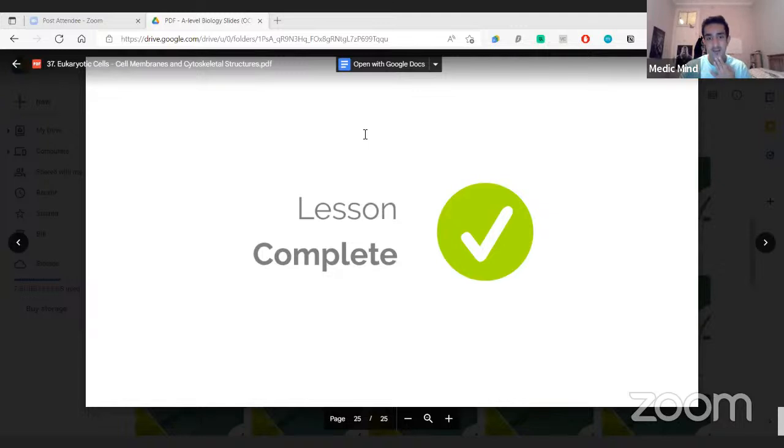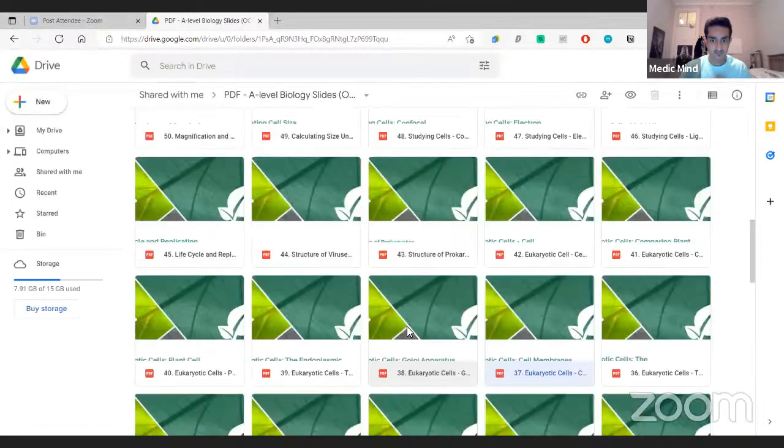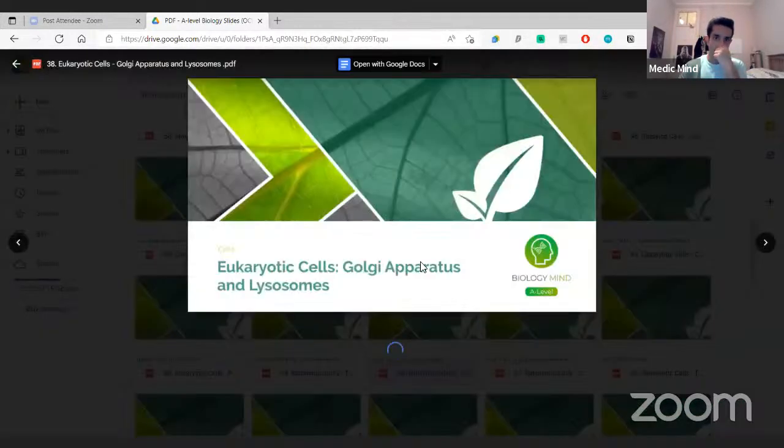My mind's going blank. Fungal cells, they're found on fungal cells. I mean, that's the easiest cop-out option. But flagella are found in loads and loads of other cells in humans as well. If you think of any cell that really needs to move,